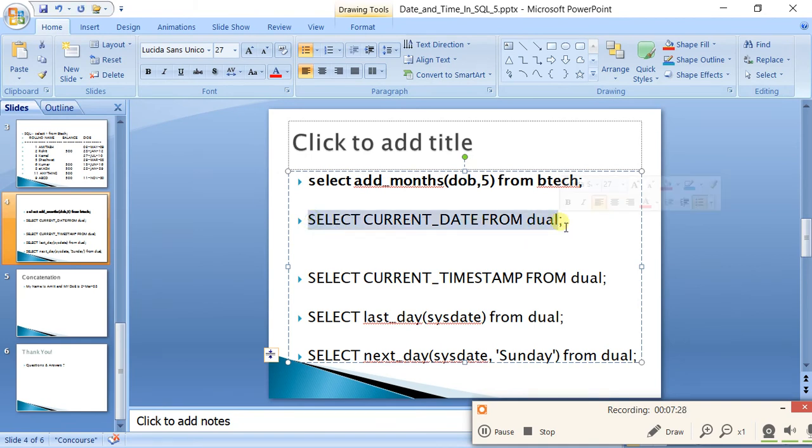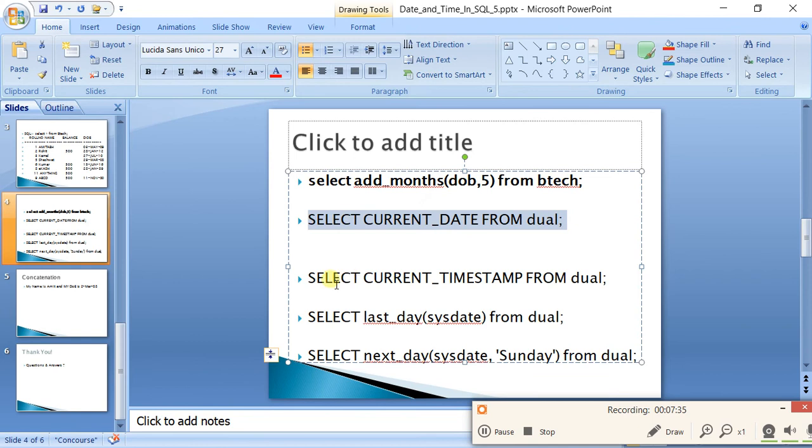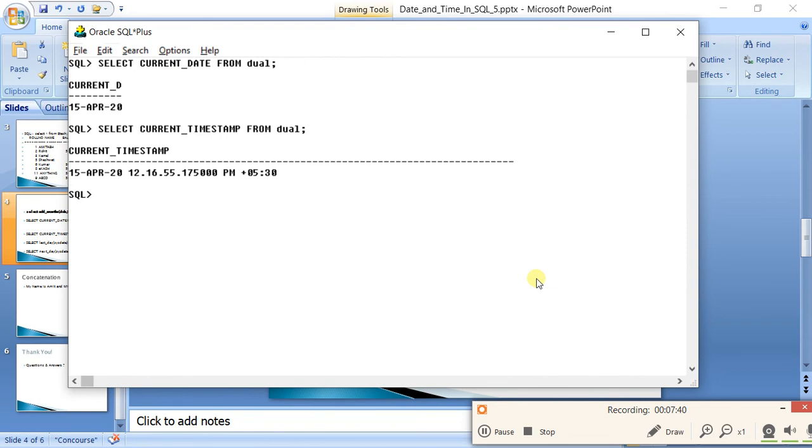Again, there are a few additions in date functions. You want to see the current date. There is one more method. You can type select current date. It will show you the current date. Another addition is current timestamp. Now, what is a timestamp? A timestamp actually consists of three things: date, time with millisecond precision, and the time zone. For example, in India, we are plus 5 hours 30 minutes ahead of UTC, Universal Time Coordinated. So it is showing the Indian timestamp as plus 5:30.